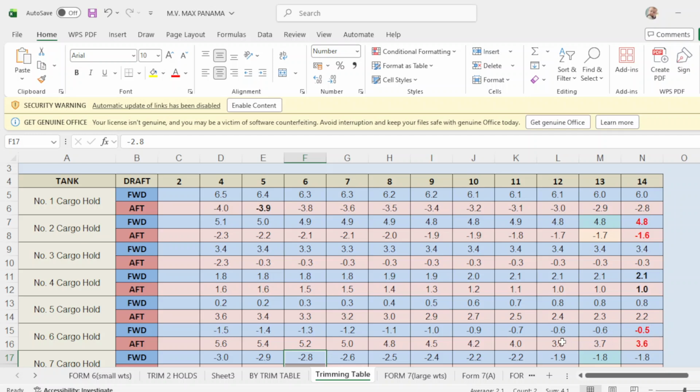This one is negative 0.6, negative 0.5. So these are assumptions only. In hold drop 12, 3.8, 3.7, and 3.6. Okay, they are reducing. So we have to adjust.